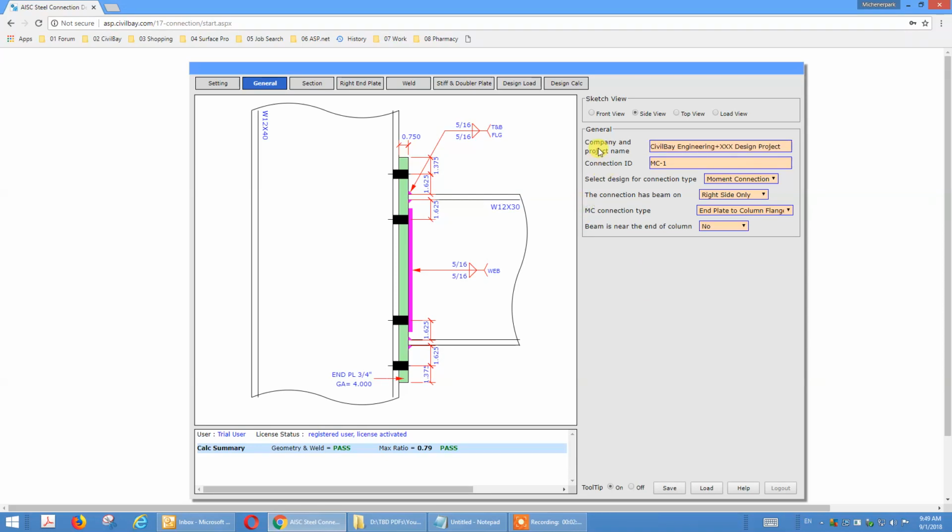I'll give a brief introduction of the input in this General tab. First, of course, is company name and project name, divided by a plus sign here. Before the plus sign is the company name, after the plus sign is your project name. That will show up on your calculation printout. The second one is connection ID. The third one is type of connection. We are designing MC here. We have shear, brace, and splice connections. And these MC can be right side only